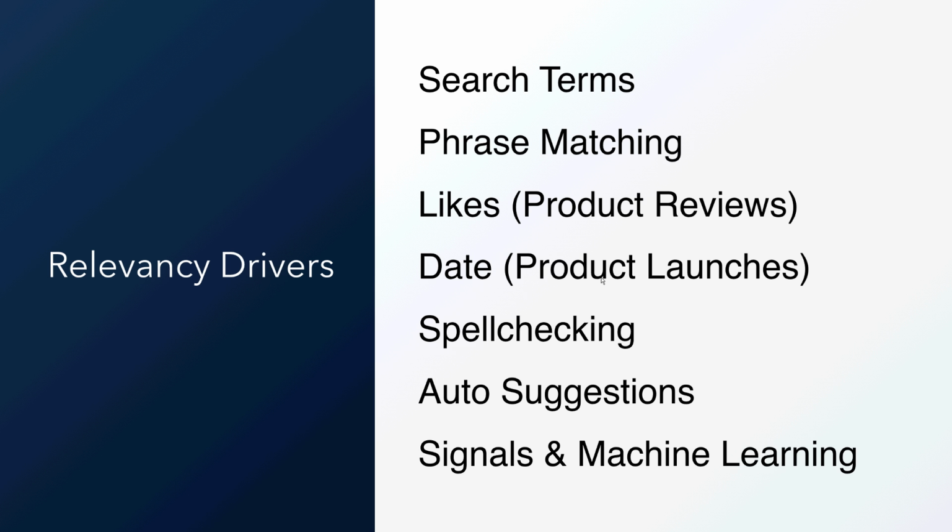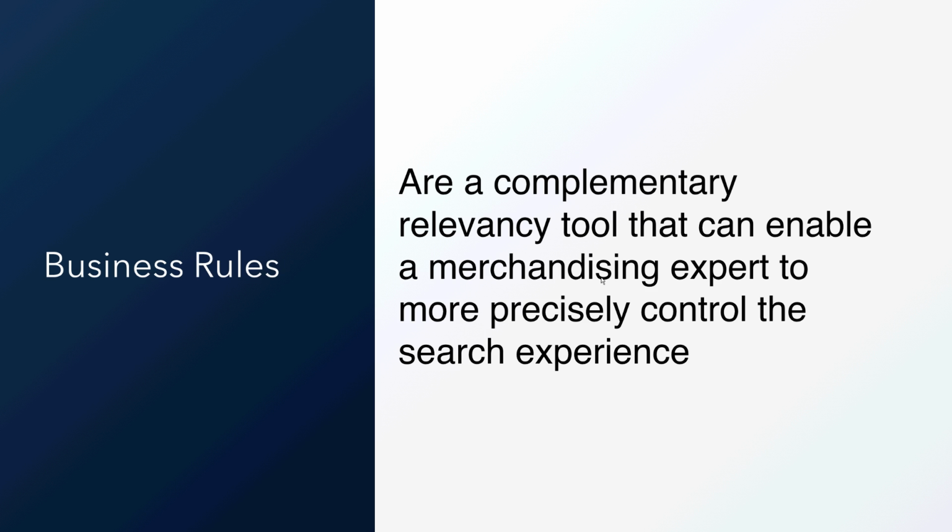Now, having talked about these, all of these contribute to a successful e-commerce search experience. However, there are times where you may need greater precision in controlling that search experience, and that's where business rules come in. Business rules are a complementary relevancy tool that can enable a merchandising expert to more precisely control the search experience. So by that, I mean giving them the tools from which to decide what products should be promoted